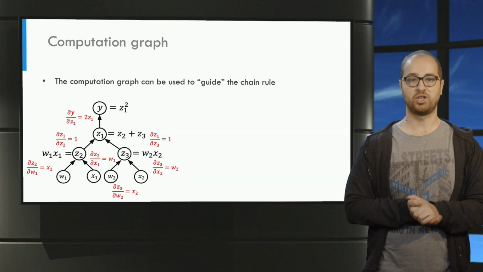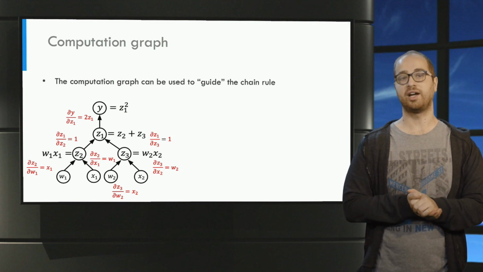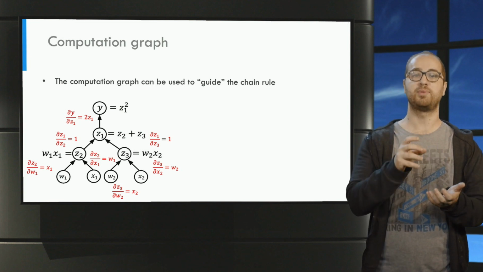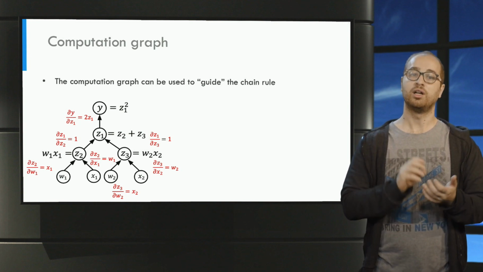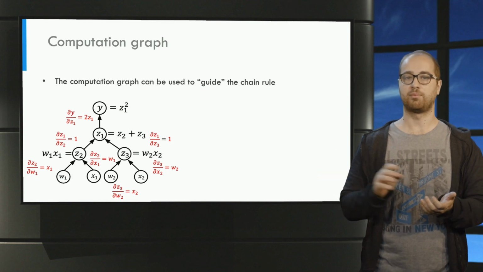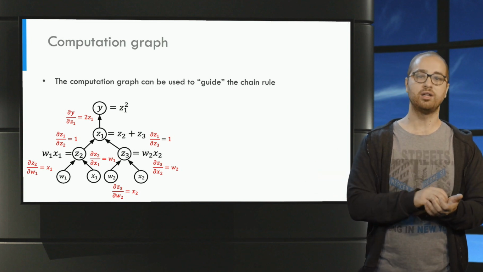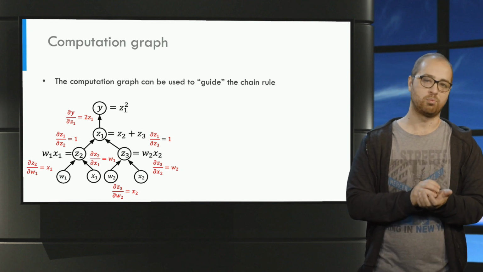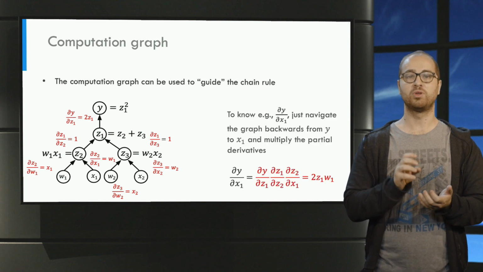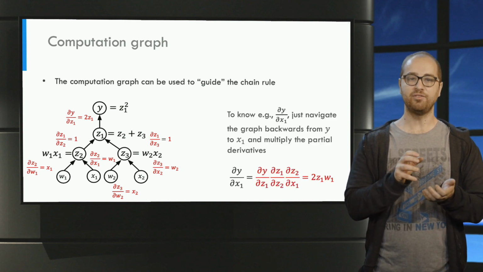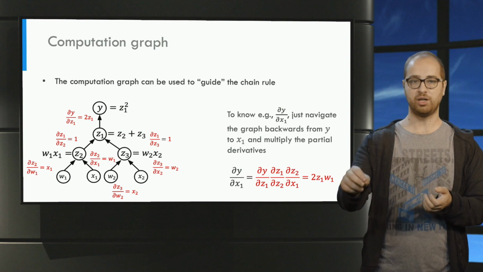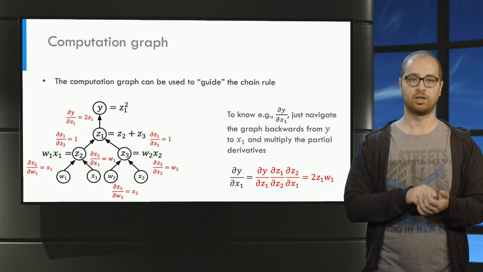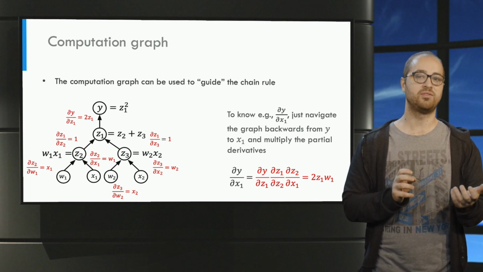The importance of the computation graph is that it helps to guide the chain rule. In particular, first we compute the derivative of each node with respect to each of its child nodes in the graph. These derivatives are written in red for the previous example. For instance, in the case of y, its only child is z1, so that is the only derivative we need to compute. Then, if we want to compute a given partial derivative, it is enough to simply travel the graph backwards from the root to the variable with respect to which we want to compute the derivative. Then, you multiply the partial derivatives you find.